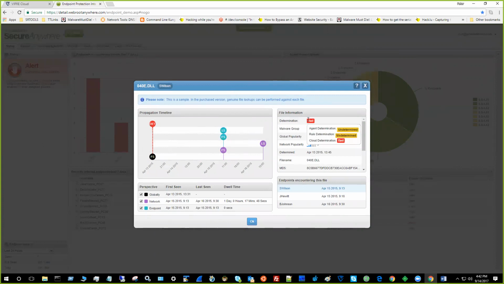There are file attributes right here. None of this is clickable. File name, you get the hash. File size. How many endpoints have encountered this file? Once again, none of this is clickable. The only thing clickable and deselectable on this page is the perspective for global, network, and endpoint, where you can deselect